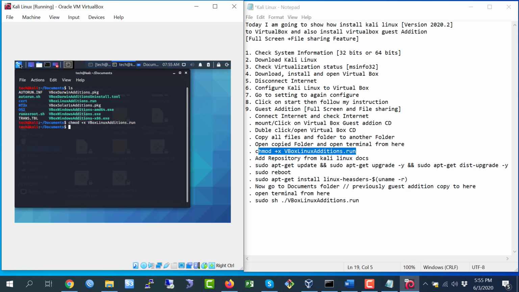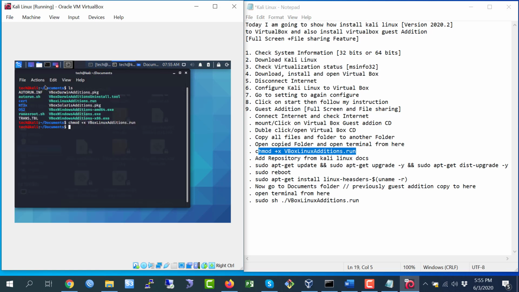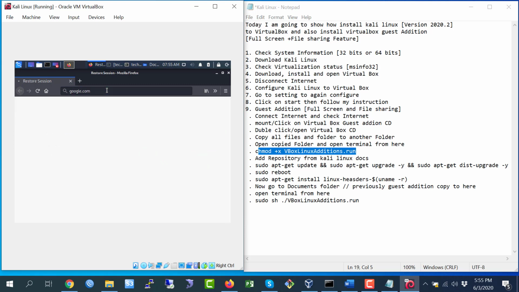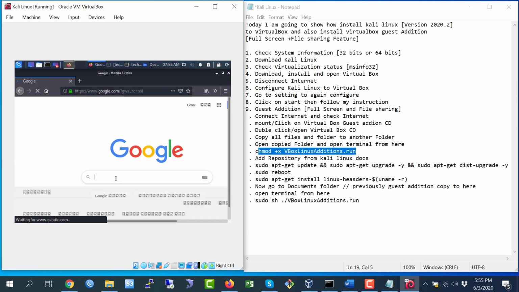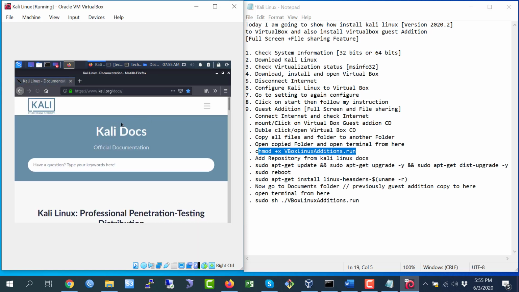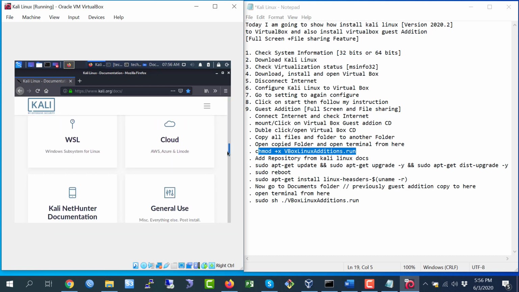Okay, now I am going to Mozilla Firefox. Write Kali docs. Here you see, click on the documentation, and in the page you see under general use.